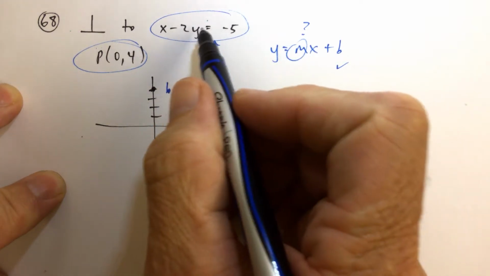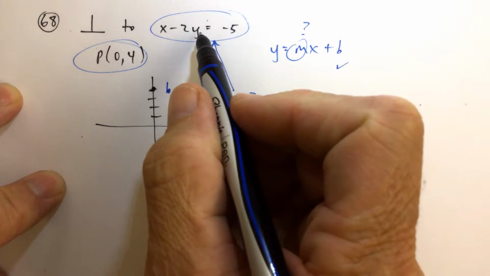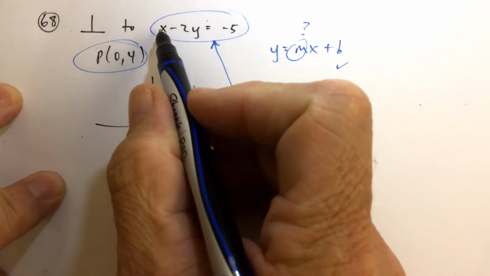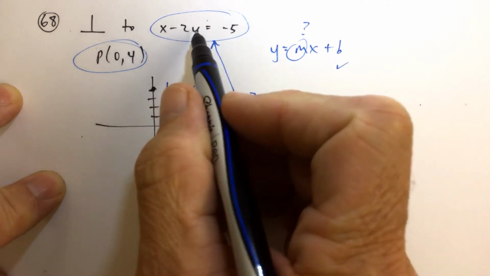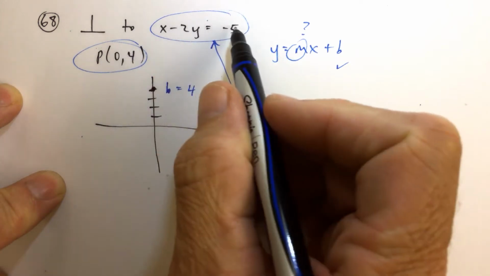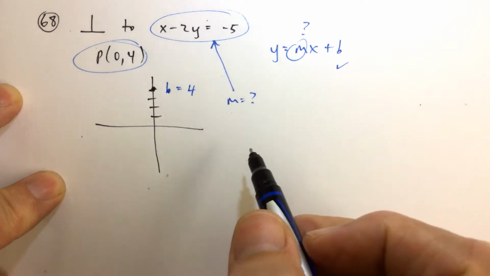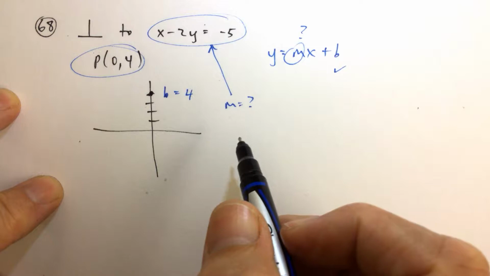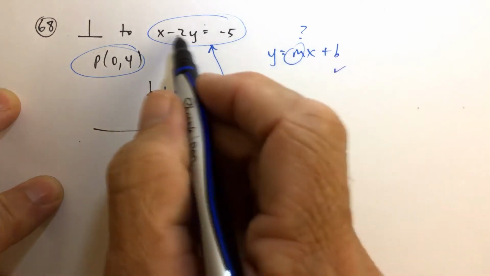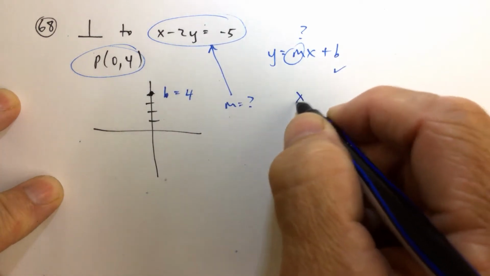So let's try to figure out the slope of this line. Well, don't get carried away here and say 1. Maybe it is 1, maybe not, but in order to look at an equation and come up with a slope, it has to be in point-slope or slope-intercept form. So let's get it into this form, and we just solve for y. So let's take the equation,